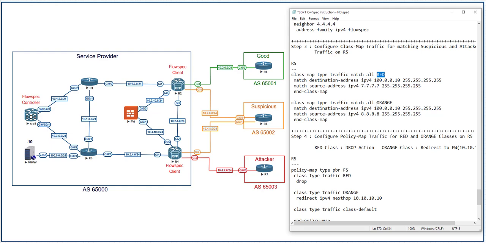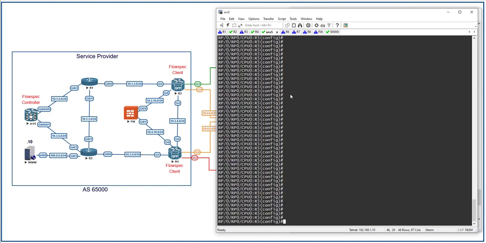And for the orange class map, we say match destination address IPv4 100.0.0.10 quad 255, which means the traffic with destination of the web server, and source address, for example, quad 8, meaning the loopback 0 of router 8. This is the traffic in the class map orange. Don't forget, here you can use different match conditions. I will show you. But for now, in router 5, the controller, let's start the configuration of the